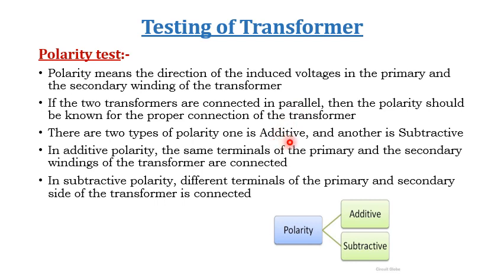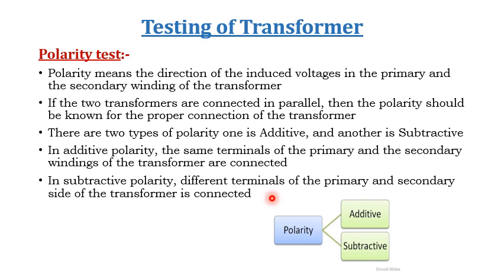One is additive and another one is subtractive. In additive polarity, the same terminals of the primary and the secondary windings of a transformer are connected. In subtractive polarity, the different terminals of the primary and secondary side of a transformer are connected. That means if you consider a